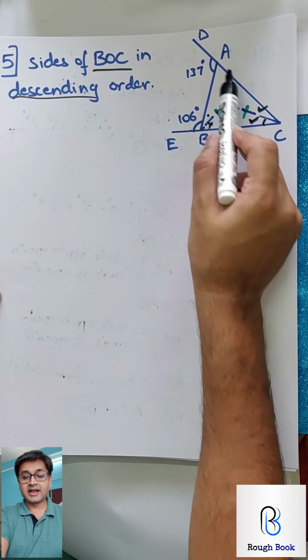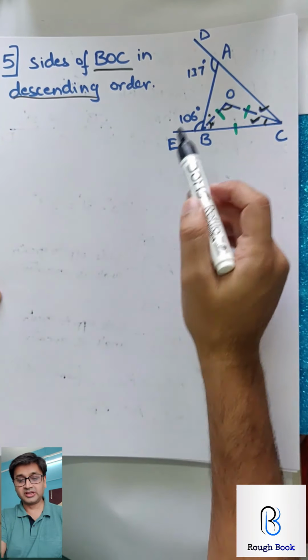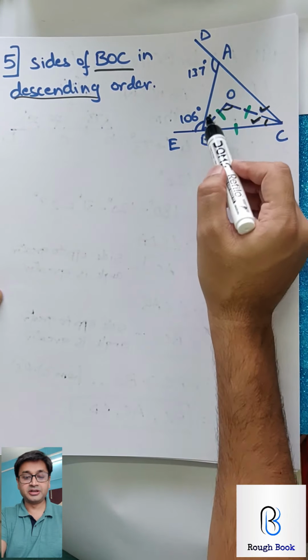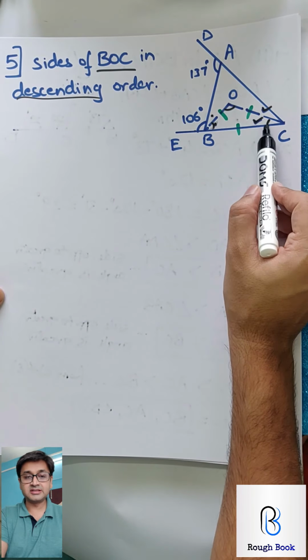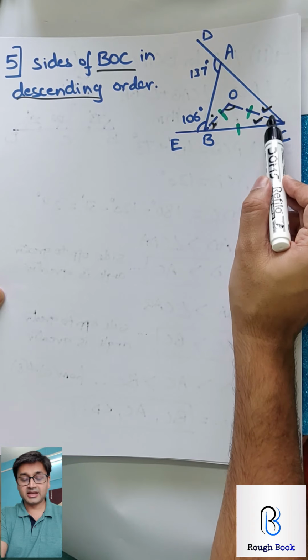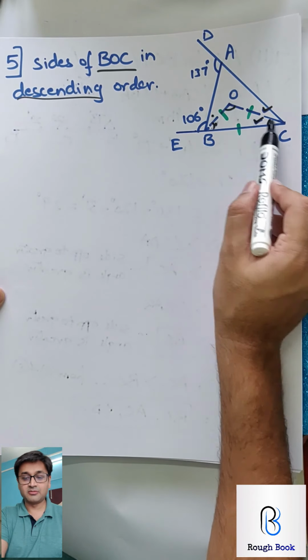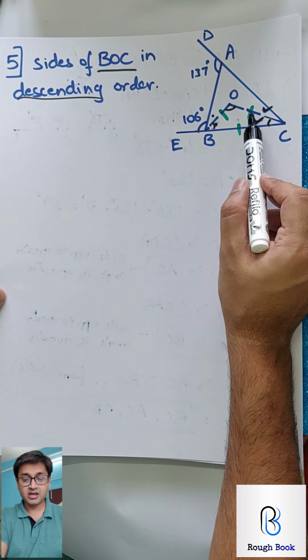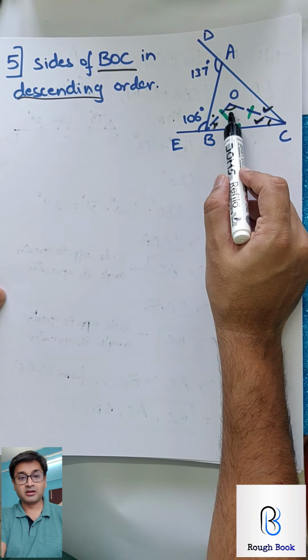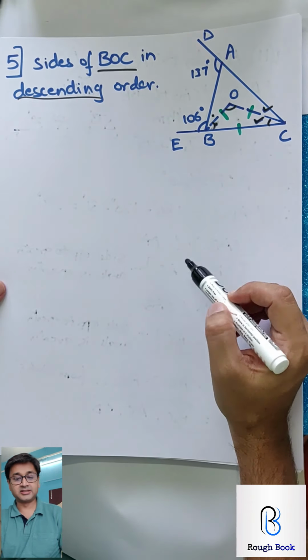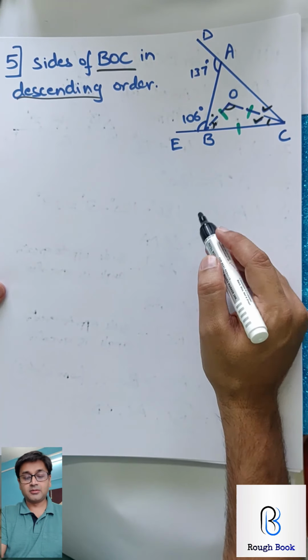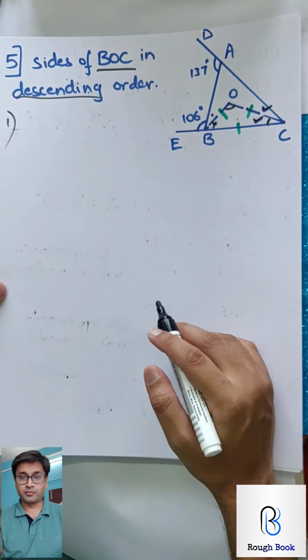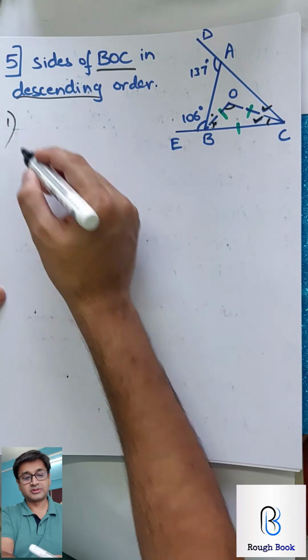How about this entire angle ACB? Bullseye, if you said remote interior angle for this angle. So 137 will be this plus this remote interior, and I'll be able to get this. Once I get this, I'll bisect it and get half of that. Once I get this, I can get the third angle by angle sum property. So come on, let's get all the three angles inside triangle BOC. Everybody on your own, pause your video. I'm not even giving you steps this time.